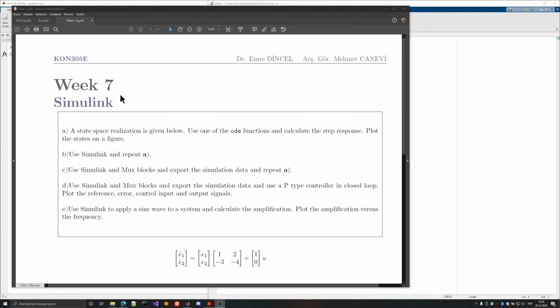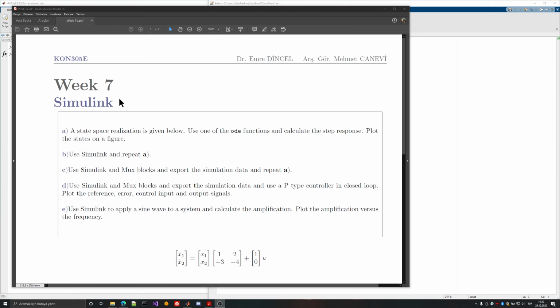Hello everybody. Today we're going to have some applications in Simulink. We will look at them. Now, as you know, Simulink is a toolbox of MATLAB where you can drag and drop some blocks that are functional. In a way, you're basically avoiding coding everything using MATLAB. You can use some visual tools, and since it's visual, most people prefer to use Simulink. It has some advantages, it has some disadvantages, and we will see that